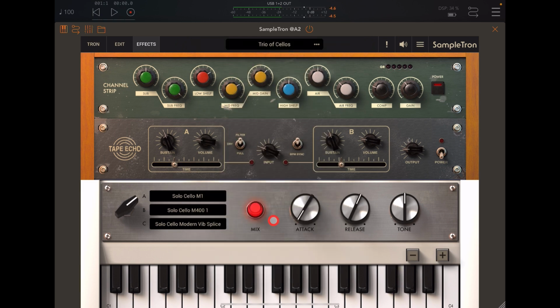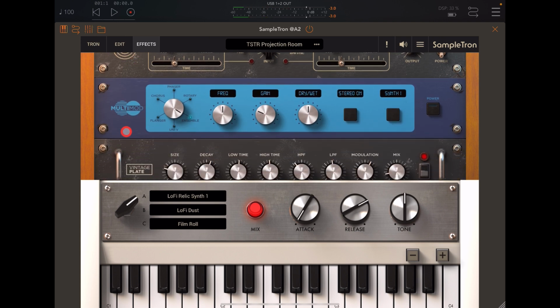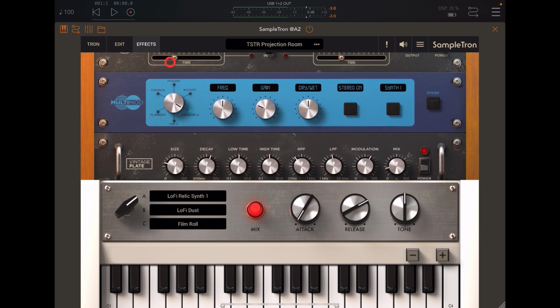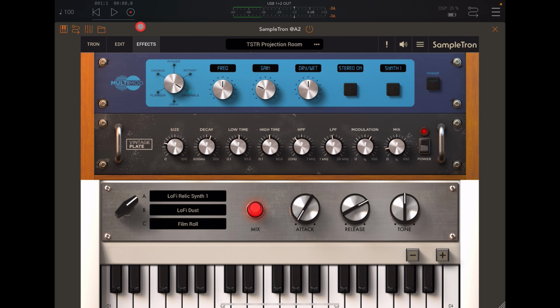So here's one called Projection Room, and this one uses 3 imported samples, a couple of my synth sounds and a kind of a sample of a film roll here. And you'll see in the effects section, I have 4 sets of effects: a channel strip, tape echo, a multi-mod, which has multiple effects inside it. That's switched off at the moment. And a very nice vintage plate reverb,